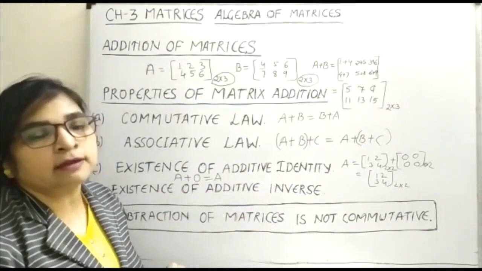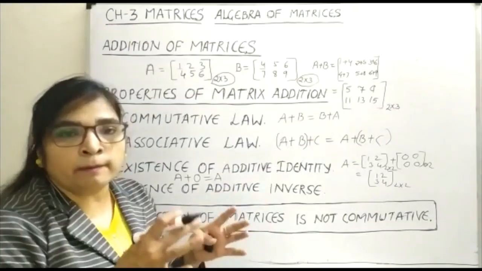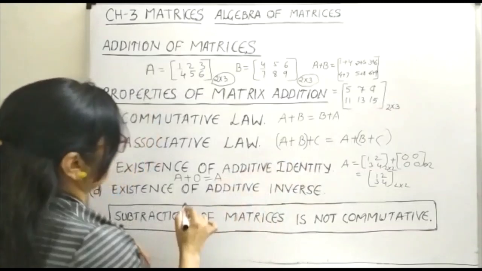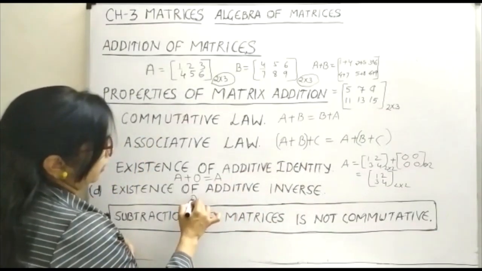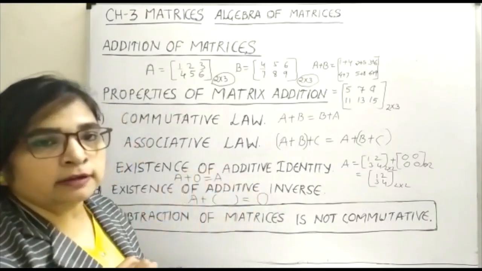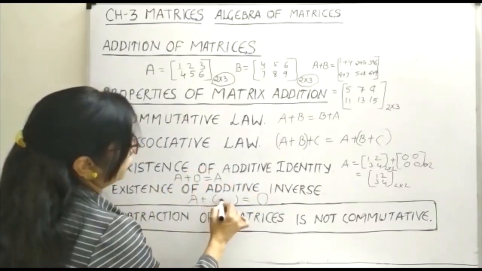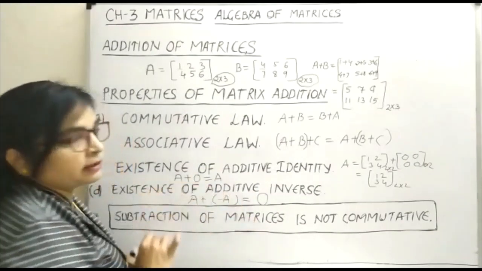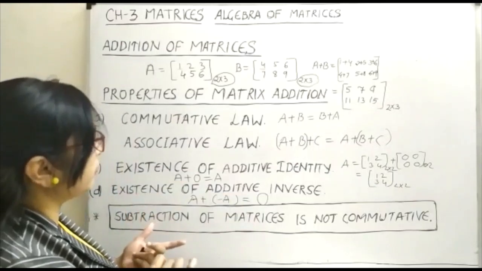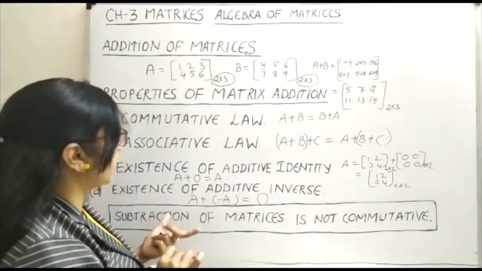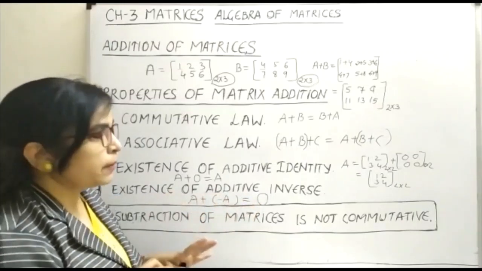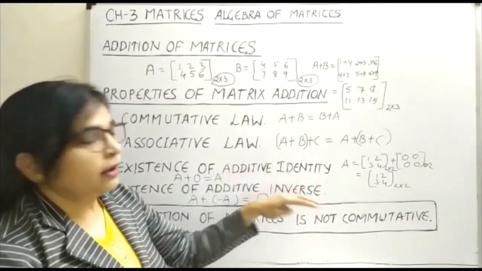Now let us move on to the existence of additive inverse. Additive inverse means what can you add to a matrix so that you get the additive identity. Just see, if you have the matrix A, then you have to add something here so that you get the zero matrix. It is very well known that you have to add minus A. So every matrix A has its additive inverse minus A of the same order, because when the two are added you get the zero matrix, or you can say the additive identity.